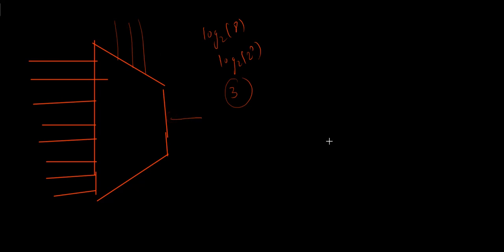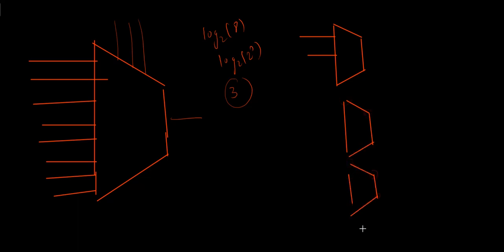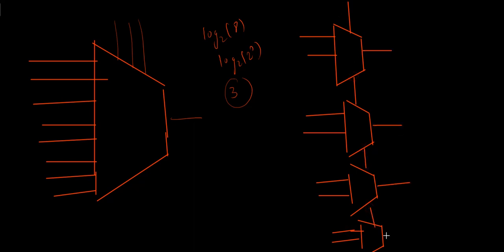Now my question is how I can design using 2 cross 1 mux. So as you can see, for 2 cross 1 mux, the total number of inputs we can provide is 2. So in order to generate for 8 inputs, I need to use 4 2 cross 1 mux. So I will be drawing 4 2 cross 1 mux. So it will be something like this. Let me have a common select line for all these. So output will be 1, 1, 1 and 1. So I will be having 4 different outputs.